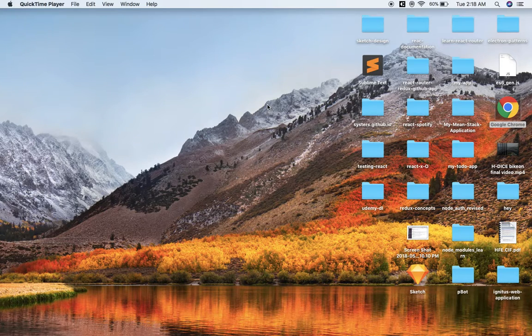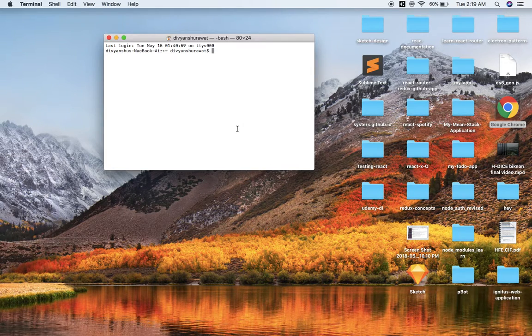My name is Devyanshu, and in this tutorial I will teach you how to create a local Git repository and then push it into your GitHub account. So let's get started. First of all, I will open my terminal and navigate to desktop, and now I will